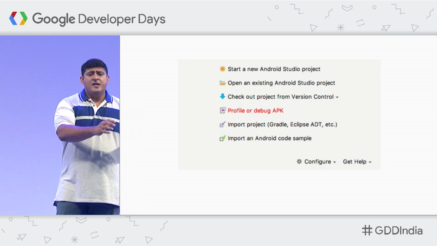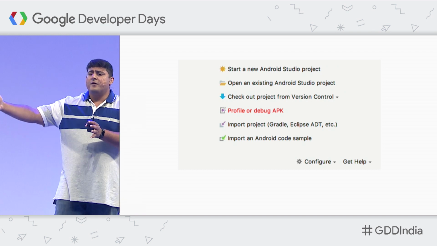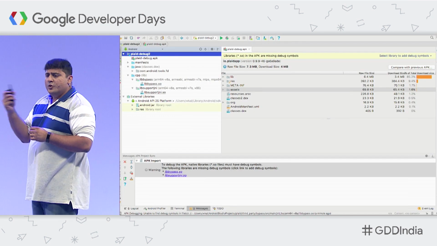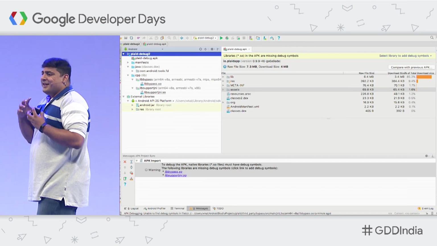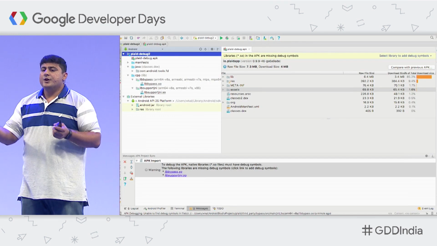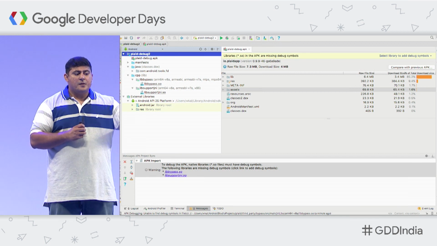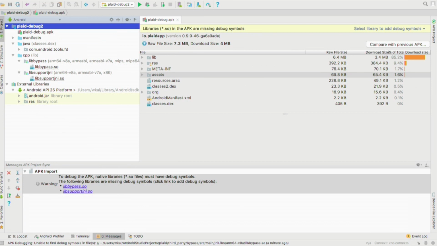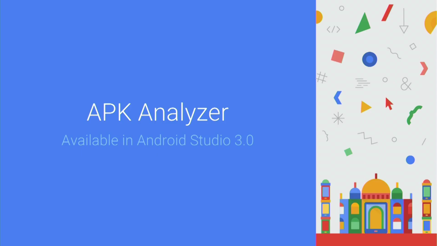When your APK is ready, use Android Studio to profile and find all the information that we talked about earlier. When you do that, it creates a dummy project, loads your APK, and opens it up by default in the APK analyzer. You can then attach your sources and your libraries, so that dependencies and other things can be fulfilled, and you can start profiling your code better.